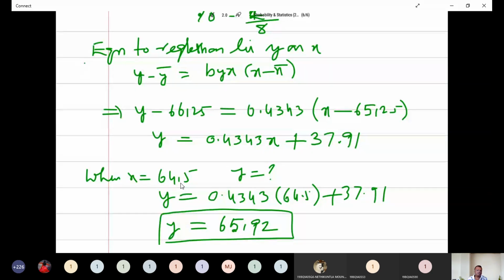This is the way that you have to calculate the equation to regression line y on x, x on y also. Okay. Thank you. Today we will stop here. Tomorrow